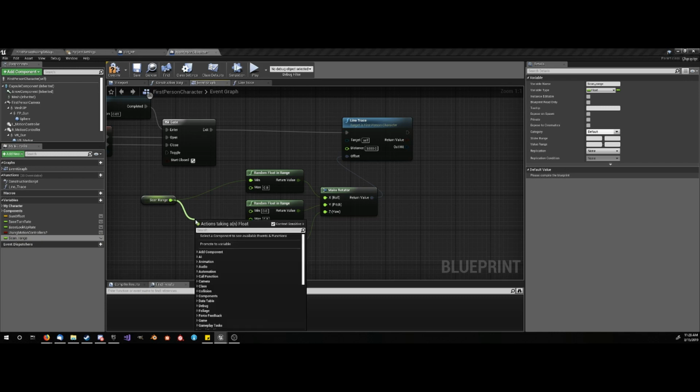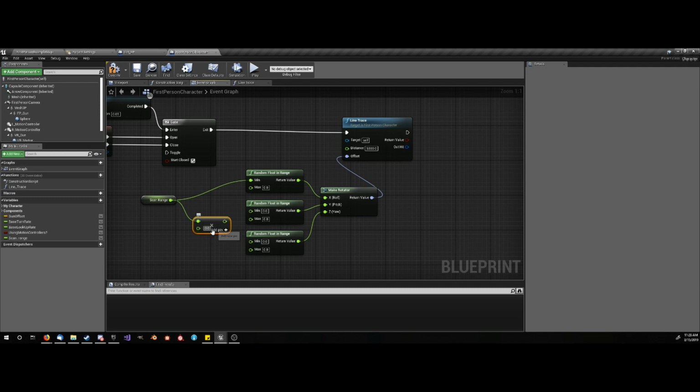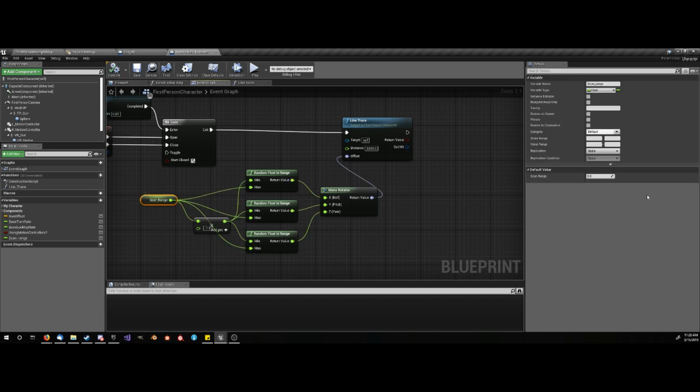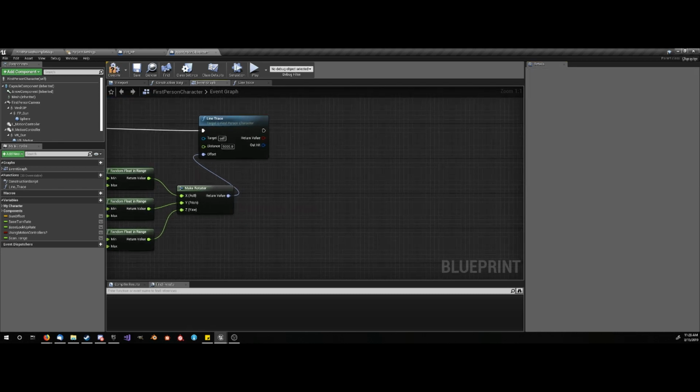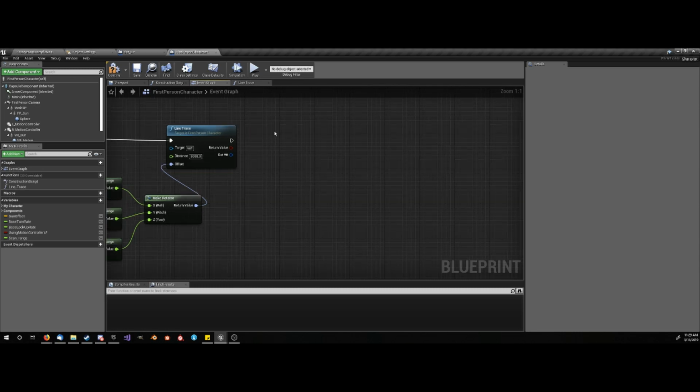And then we want to take this and multiply it by another float, and that float will be -1. And so the multiply will be plugged into all the mins, and the default value plugged into all the maxes. Now if we compile this, we can set scan range to be about 15. And then hold B, click to make a branch to check we have hit something, and then